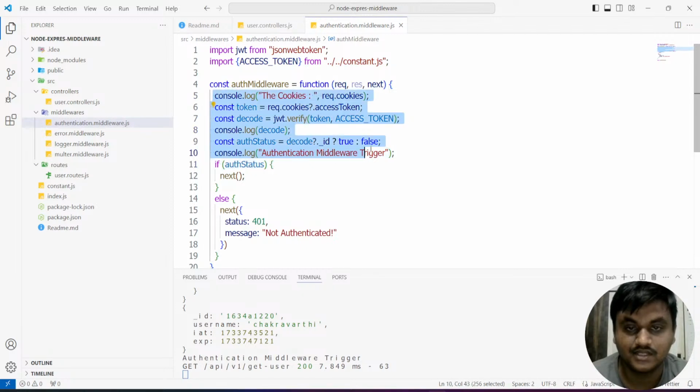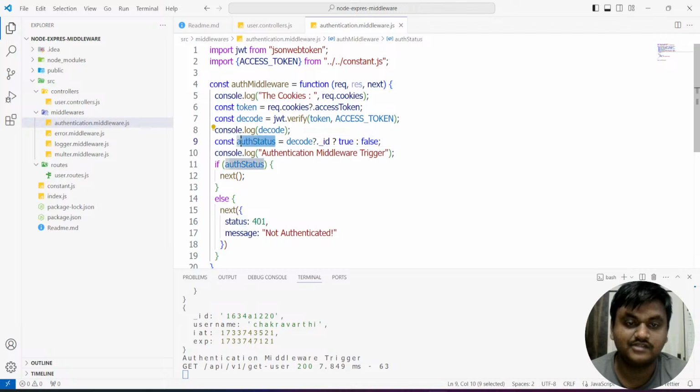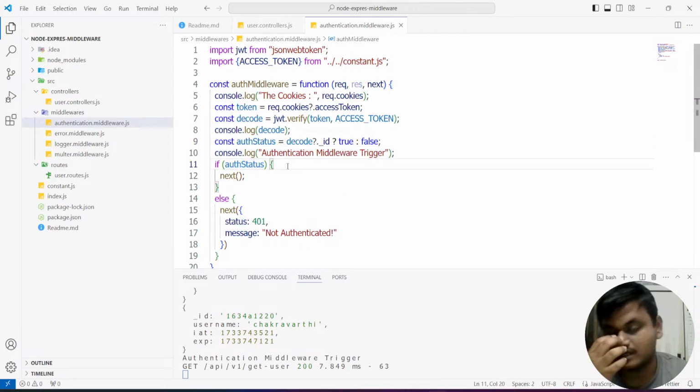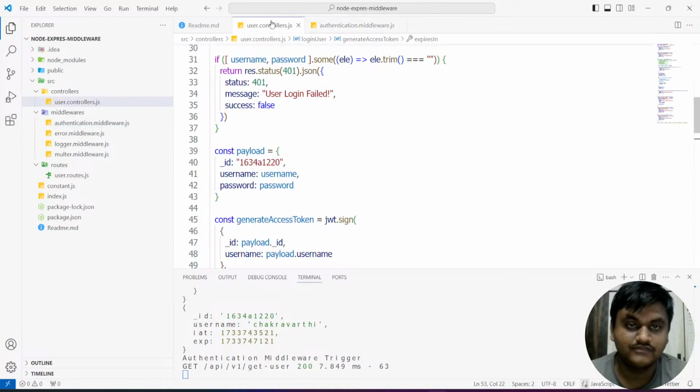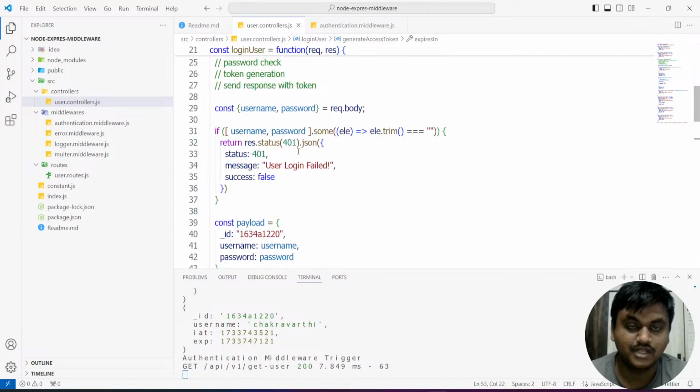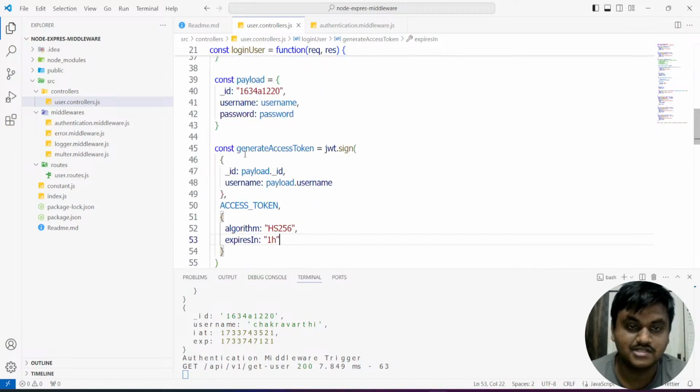Using the token only the data will be bound here and we check the auth status using that token only. It makes the services stateless, because HTTP is stateless. If you do these things, like creation of the JWT token,